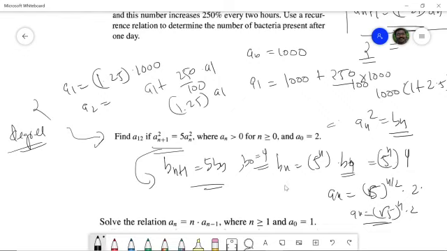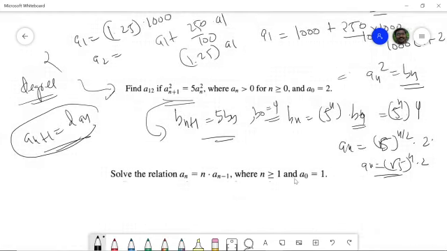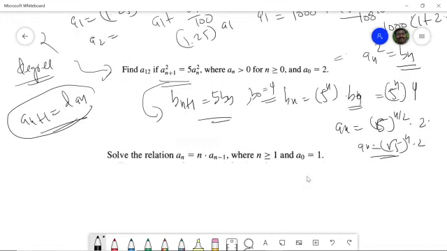In this session we will only be discussing problems of the form a(n+1) equals some d into an. Only that solution will be the focus of the first session. More general problems we will deal with in the next session. This one is also a simple problem, and I hope you can do it by yourself. You have to find a general formula for this sequence.